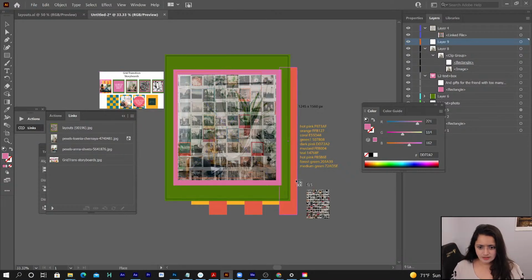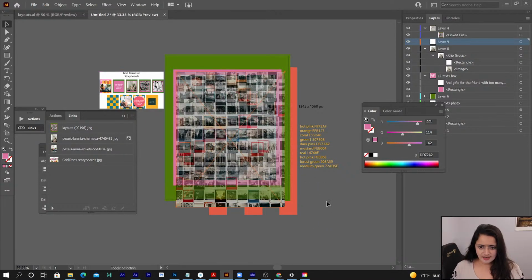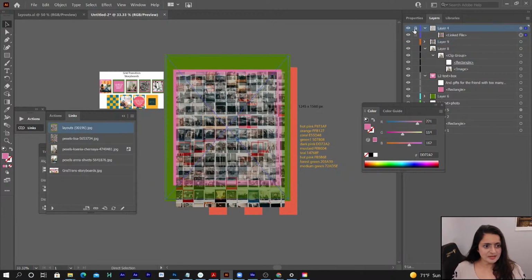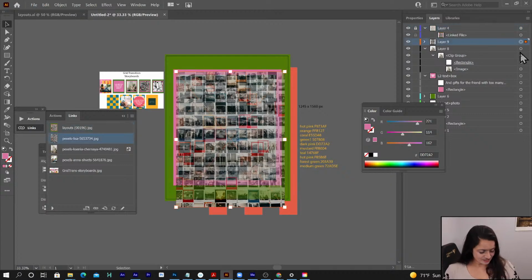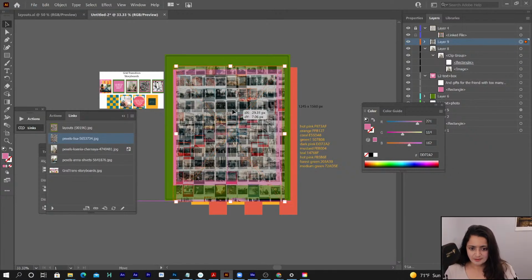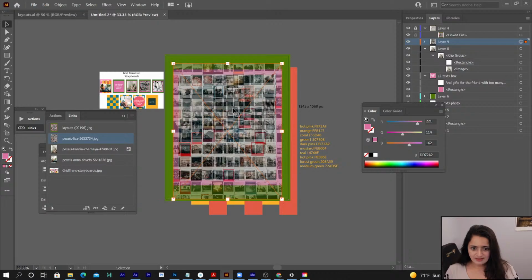Okay, I'm just going to Shift drag that and place it-ish. I'm accidentally moving something by accident. So make sure that you lock stuff that you don't want to move. And then here's my photos, and I'm just going to use my Shift and arrow keys to get those into place. Now again, I'm doing this fairly quick